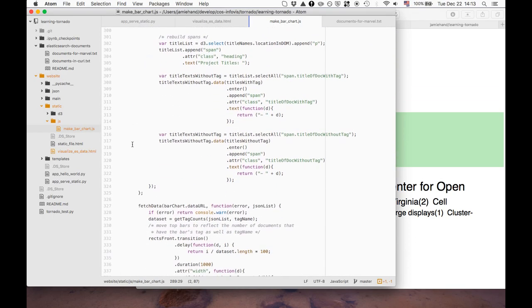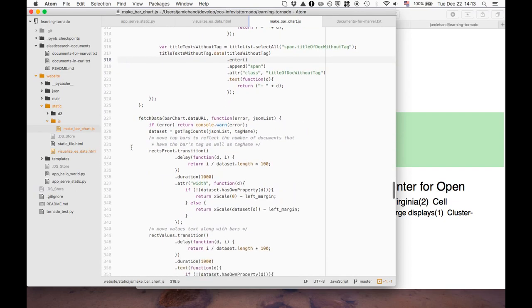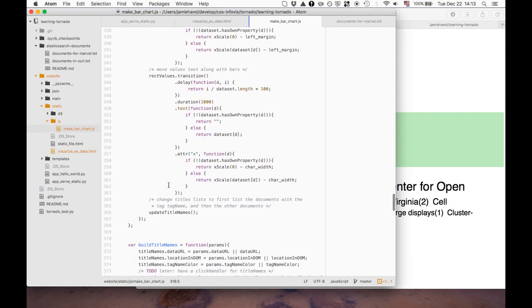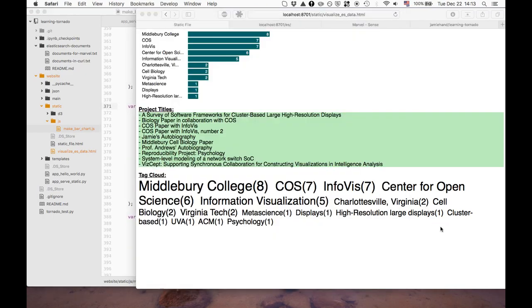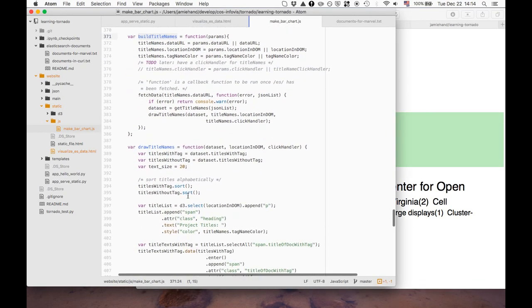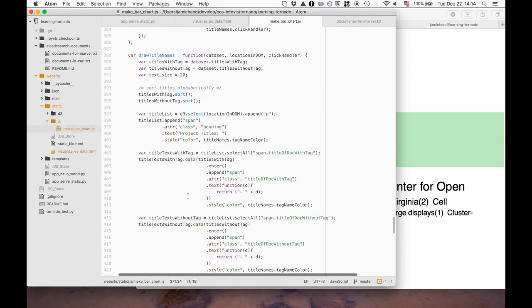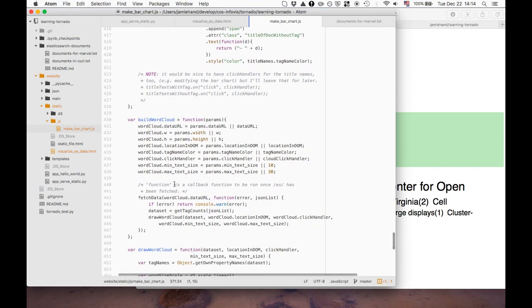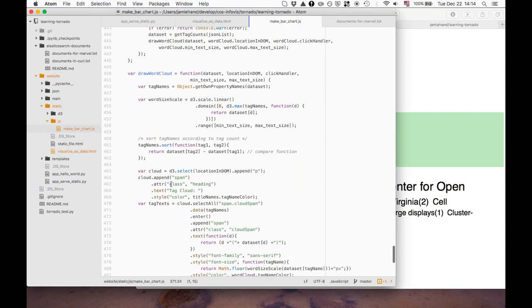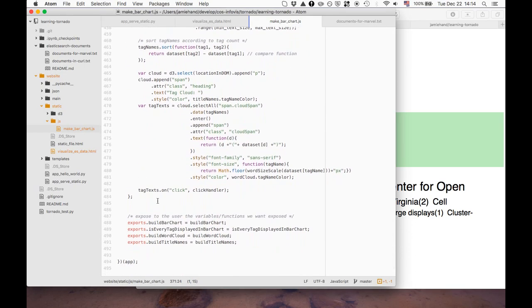and it updates the title names, and it also updates the bar chart. Then build title names is how to get the titles initially on the page. And again, draw title names does the majority of the work in this one. And then build word cloud with draw word cloud doing the majority of the work. And then at the end, I put these into the exports, build bar chart, and is every tag displayed in